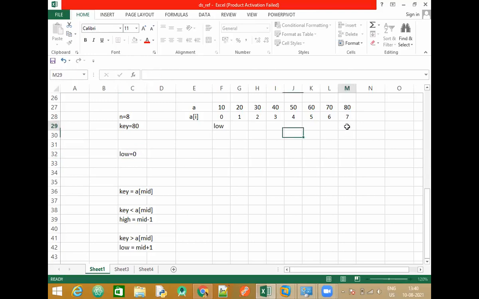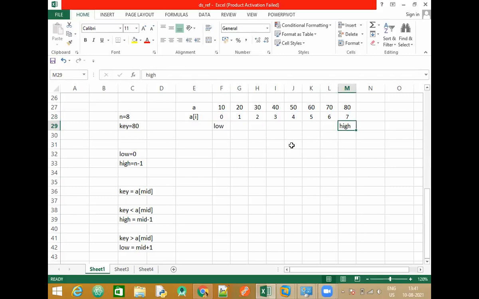Next, we have another term called high. Now, what is going to be the initialization for this term? It is going to be equal to the last element, but we will have to write it in terms of index, so I will write n minus 1. We have 8 elements. What is the value of n minus 1? 7, which is the last element. So the last value is high. These two are called low, the most beginning value or the smallest index, and high, the last or n minus 1 element. So this is at the beginning.